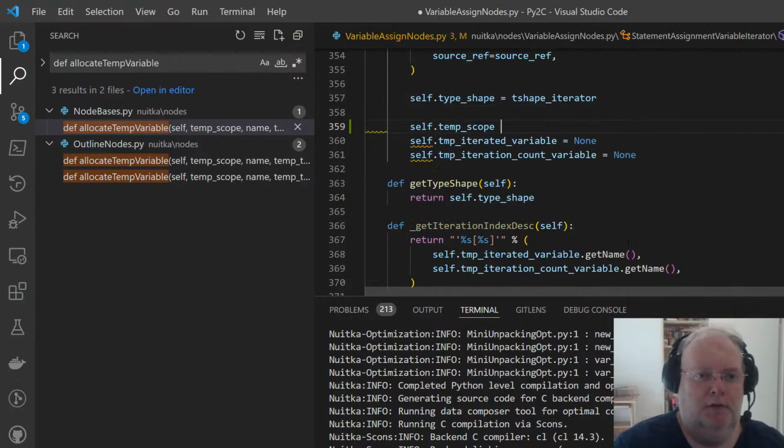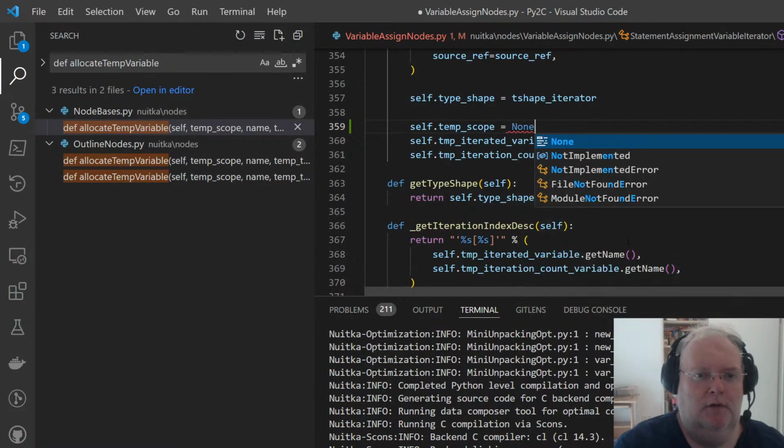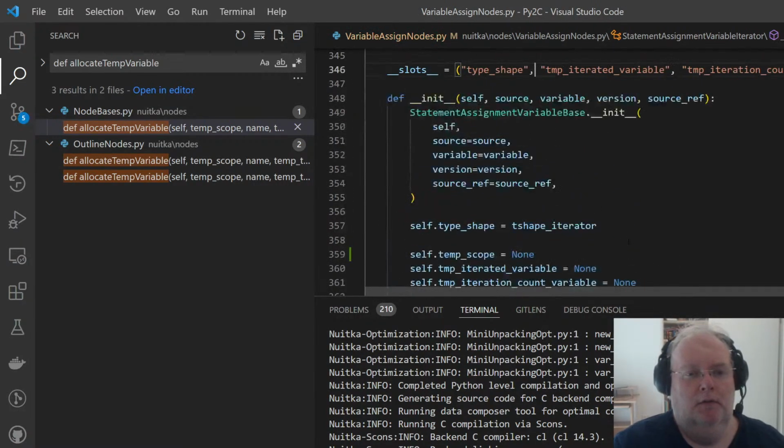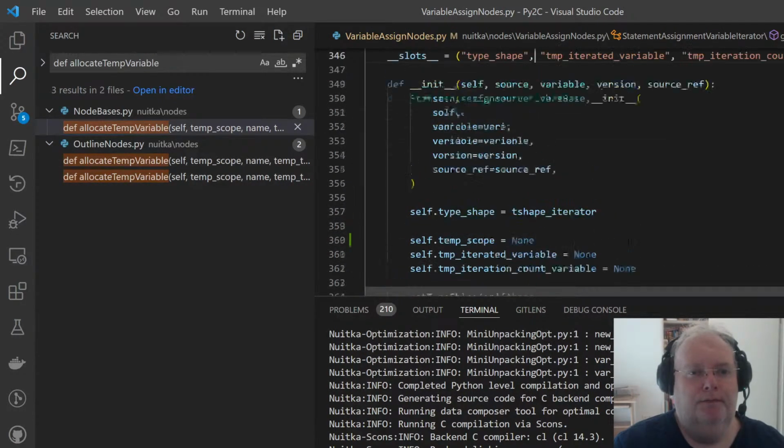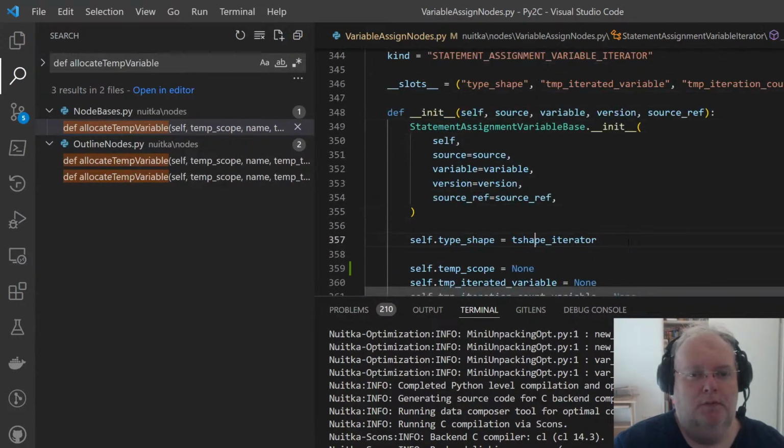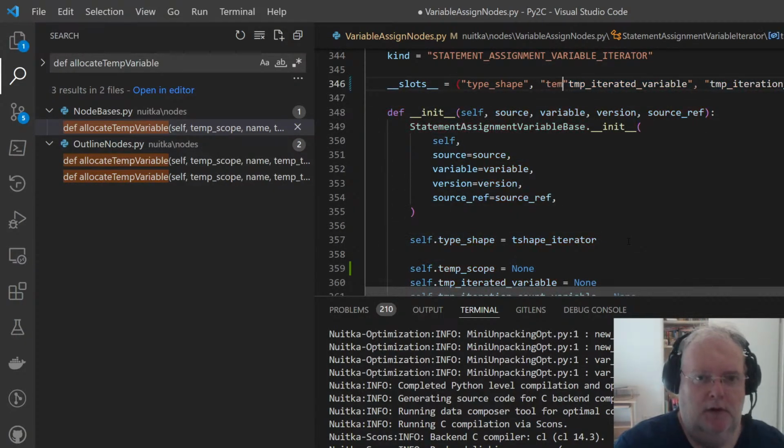Actually, I could use self.temp_scope equals None for testing, so it doesn't expose or depend on the name so much. Temp scope.